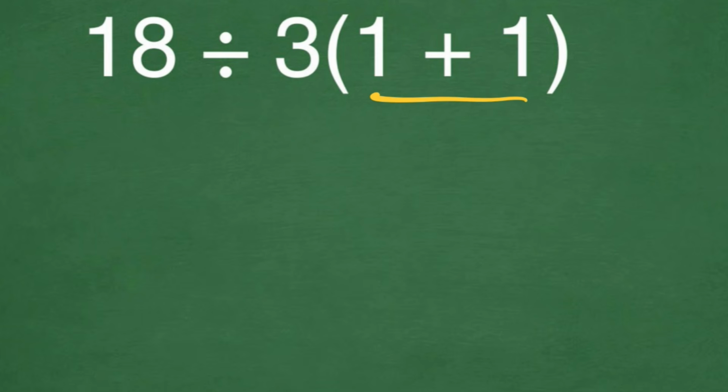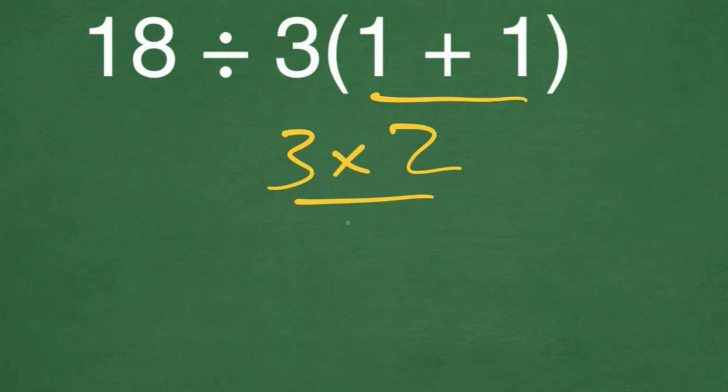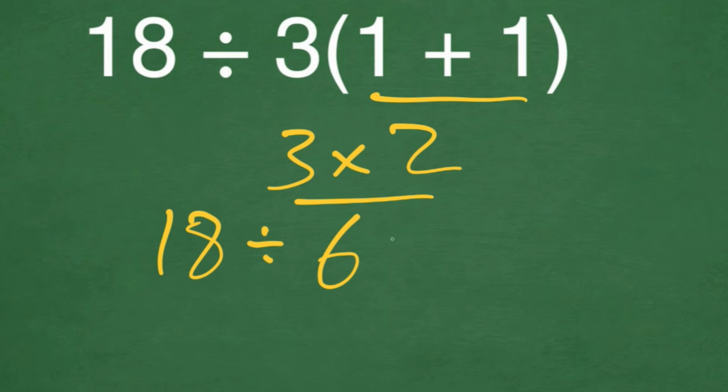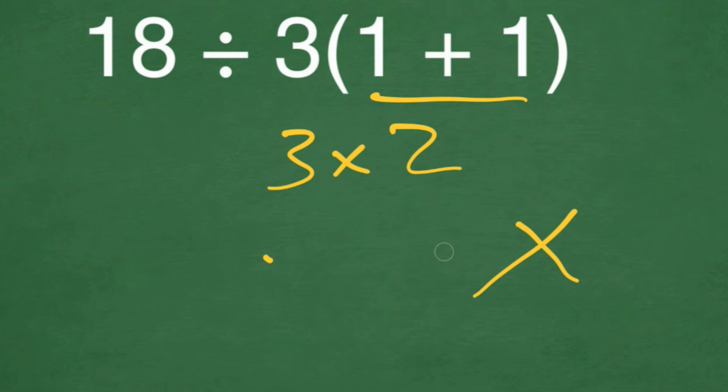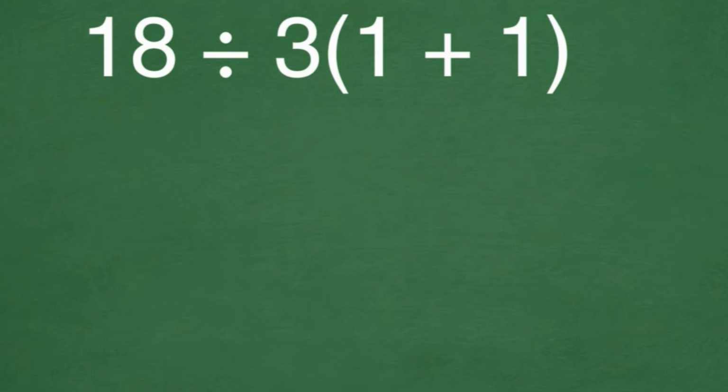1 plus 1 gives us 2, and 3 times 2 is equal to 6, and 18 divided by 6 is equal to 3. But this answer is not correct, because according to the order of operation, PEMDAS,